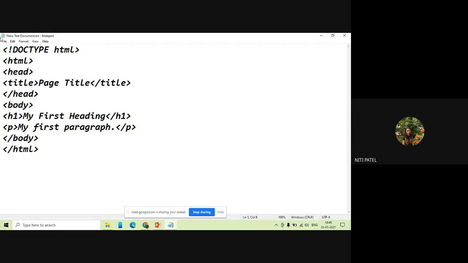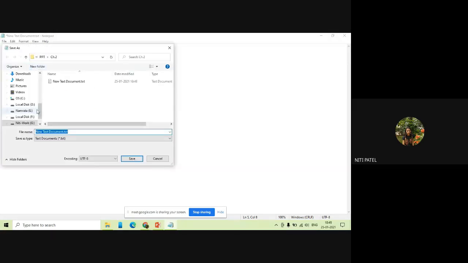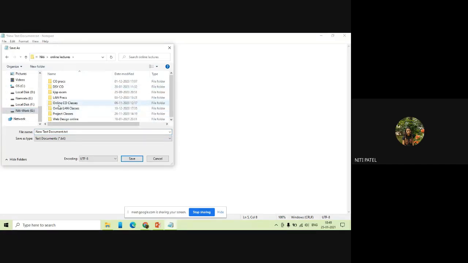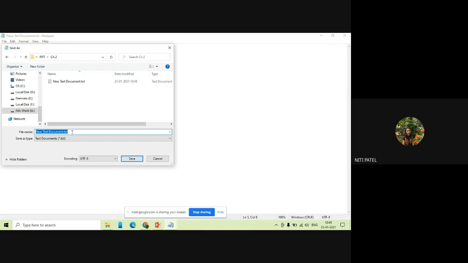Now to save this, you are supposed to go to File and click on Save As. Save as wherever you want. If you want to put it on the desktop, you put it on the desktop. If you want to put it into any of your folders, you put it wherever you want. Now, when you save this, you save with whatever name you want. I will be saving as simple. The name of my file will be simple.